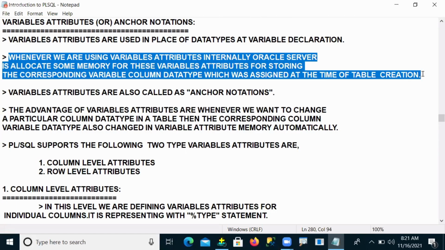Whatever data type we assign to our column, that column data type is stored under attribute memory. This is what we call a variable attribute, and that is what happens internally.